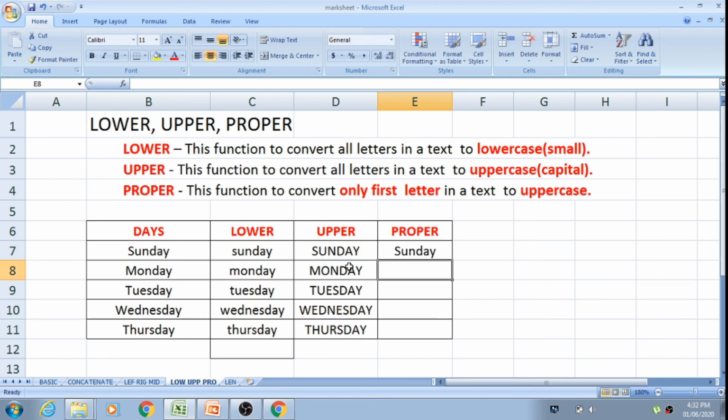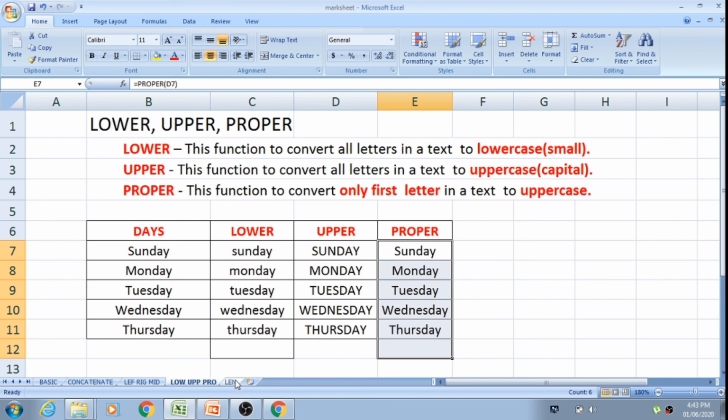As you can see, since all these were in capital letters, when I applied the proper function, only the first letter is converted into uppercase, and all the rest of the data is in small case letters. Understood? These are very easy functions. See, I'm dragging and dropping, and all my entries have been converted with the proper function. Understood all of you? Okay.